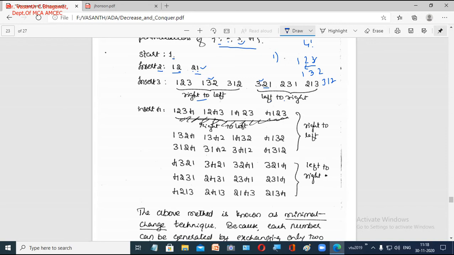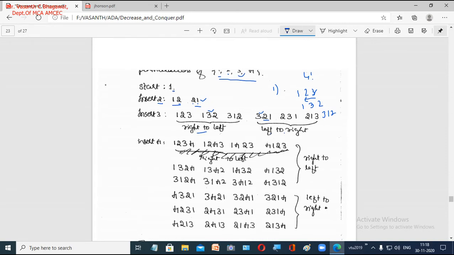So now the last number. Now in our set we have the last number, 4. Now what we do is we take this number 4 and start inserting it from right to left and from left to right. So now we can divide this into 2. That's what we have done here. So we started with the number 1, and the first part is from right side to left side, and the second part is from left to right. Clear?